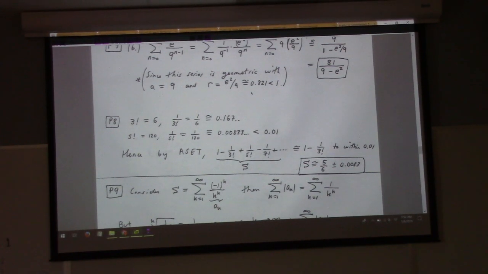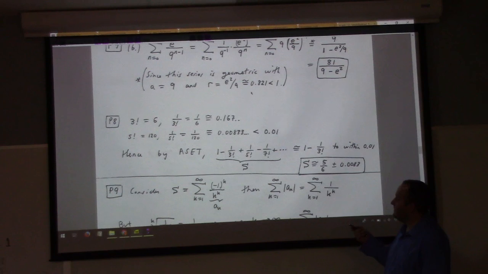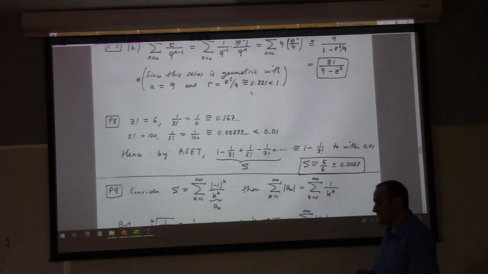Why isn't it the first 3 terms, since the term is 1 over 5 factorial? Shouldn't it be, if I kept the first 3 terms, I could do that. It would also answer the question, but it wouldn't be the laziest answer. If I kept the first 3 terms, then that is good to within 1 over 7 factorial. It's always the next thing you don't keep that bounds the error. So by keeping the first 2, I know that I'm within the next term of the real answer. If I kept the first 3, I'm within 1 over 7 factorial of the real answer.